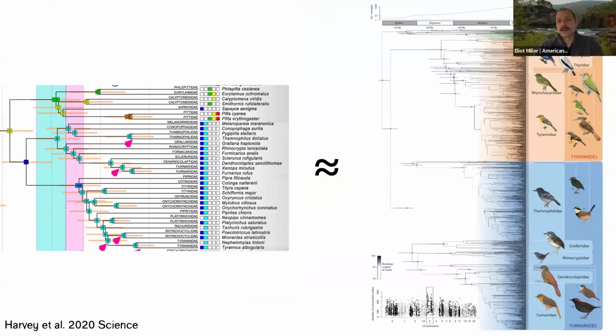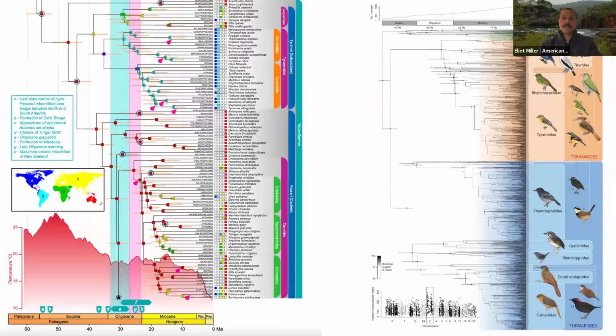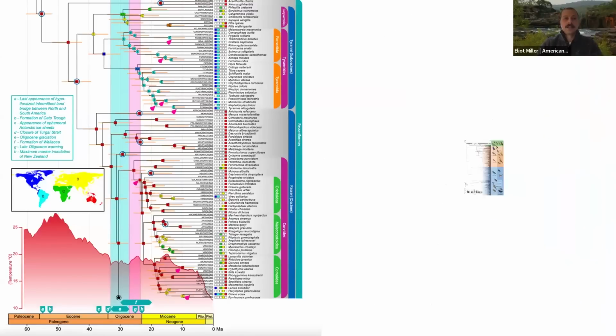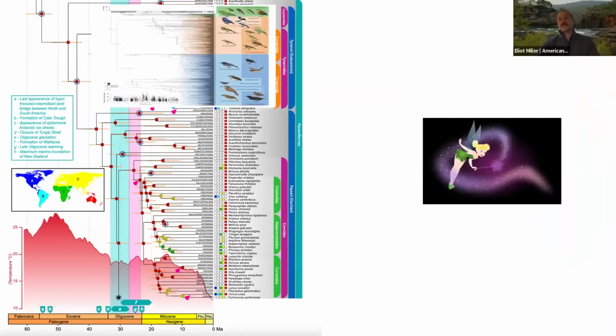In 2020, Mike Harvey and colleagues published a paper focusing just on suboscines. This was an awesome tree that covered 1,287 of the 1,306 described species of suboscines. There are probably a few splits that are needed. And so using some fancy magic PowerPoint animation, we can just stitch the Harvey tree into the Oliveros tree, and now we're off and running. This is obviously a huge oversimplification of what's actually happening under the hood, but I'm hoping it helps bring people along that might otherwise be unfamiliar with these ideas.